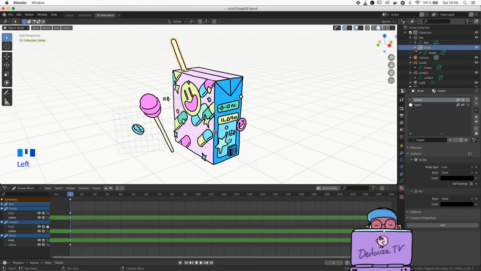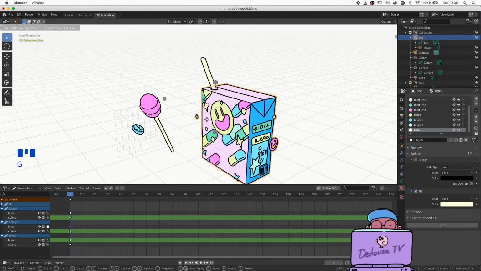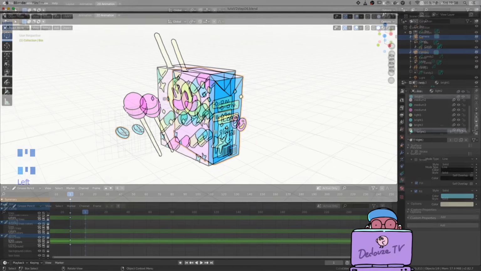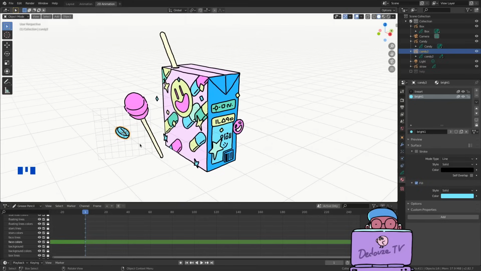Now the straw object is inside the box object in the outliner, so when we drag an object here and press shift, we set the object below as its parent. So now if you select the box in the viewport and press G, the straw moves with the box. In the next part, we're going to see how to animate this box, and we'll also animate these little candies here, and we will create copies of it with variations in their colors and animations.